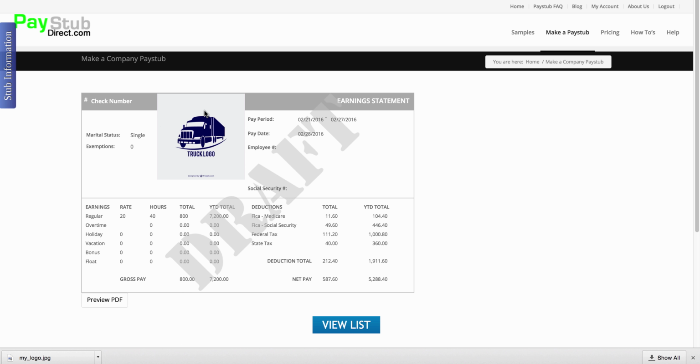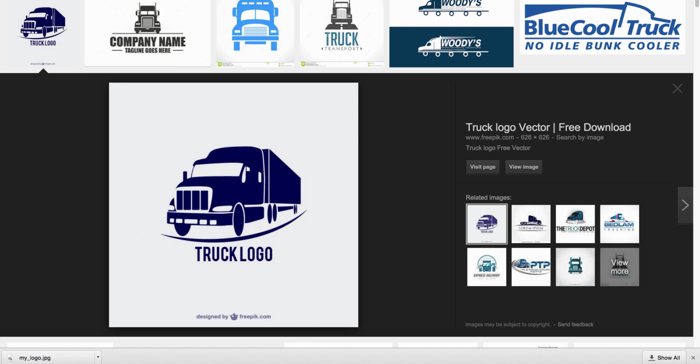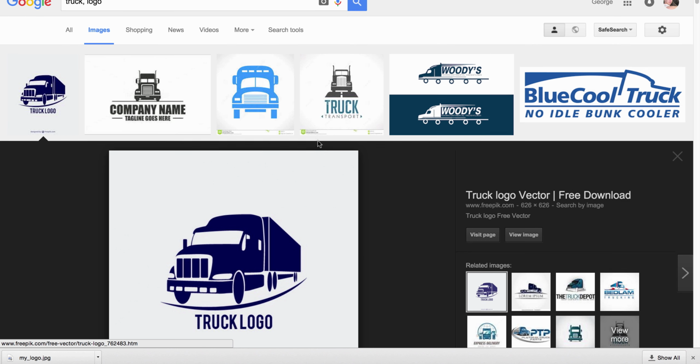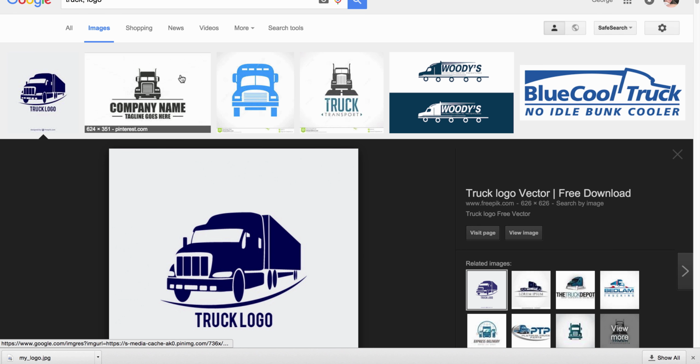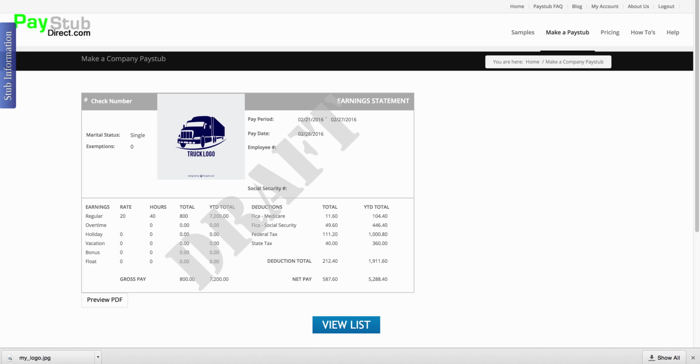You might need to look at some videos on Photoshop or how to edit photographs and remove backgrounds, but it's quite easy. Or you can just find a logo that has a white background, unlike what I found. I found this logo, as you can see, and it is gray, as you see. If I took this guy right here, this has a white background and it would not have been an issue. So back